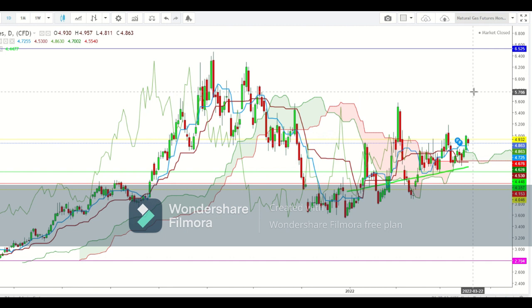So friends, I find that if the natural gas futures make a sustained move well above $5.766, then only could they test $6.525 during the upcoming week. Friends, on the lower side, I find that if the natural gas futures find a breakdown well below the lower end of the Ichimoku cloud, which is currently at $4.551, we'll see the continuity of selling pressure, where the immediate support will be at the 200 days moving average, which is currently at 4.447. So friends, I find that this zone from